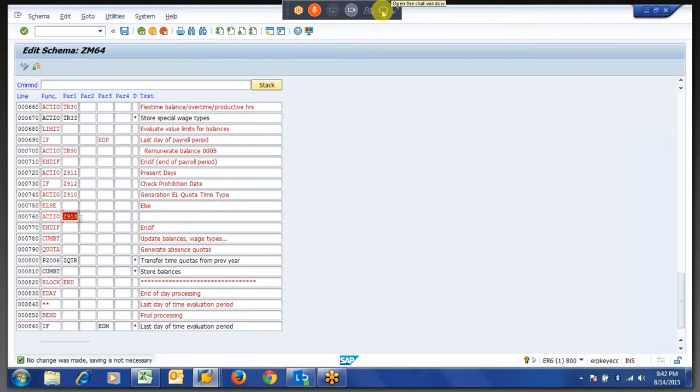So this Z913 should not generate the quota, but it should store that value somewhere. Whenever it becomes true, the stored value we are adding here. Got the logic? Yeah, I understood.